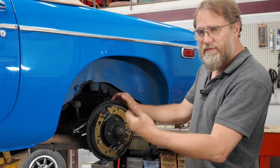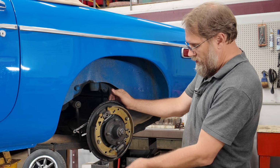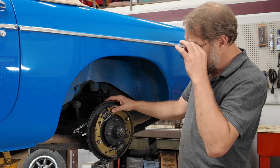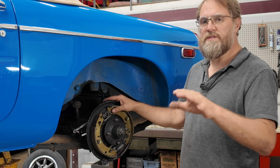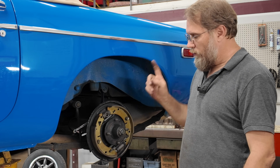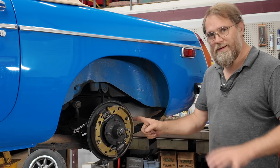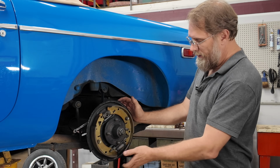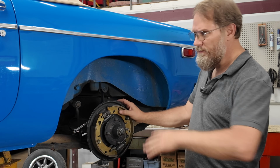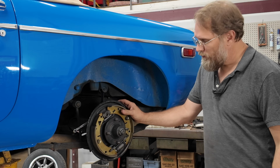But now that we've had the problems we've had, we're doing a video. So we put wheel cylinders in it. And now this is a part that's going to be a little bit controversial for some people. When I do these things, I don't always replace the shoes automatically just because a little bit of brake fluid leaked out onto them. A lot of people will say, no, you absolutely have to change them. If brake fluid touched them, you got to change them. Well, I've been doing this for a long time,